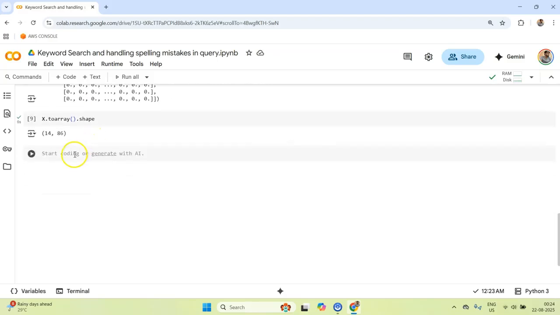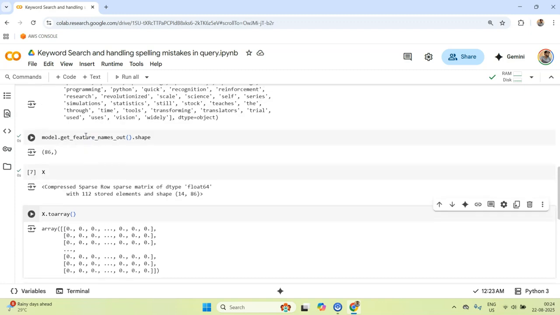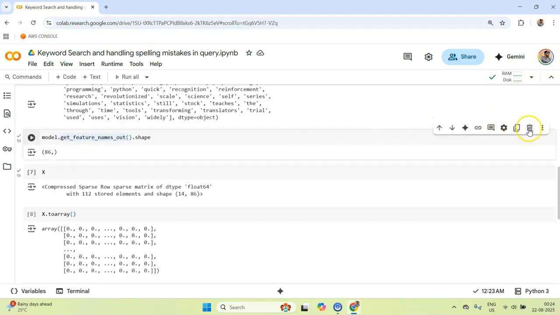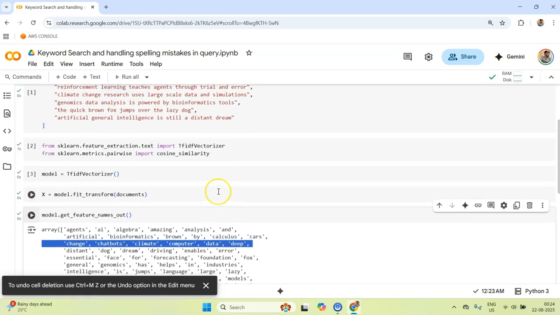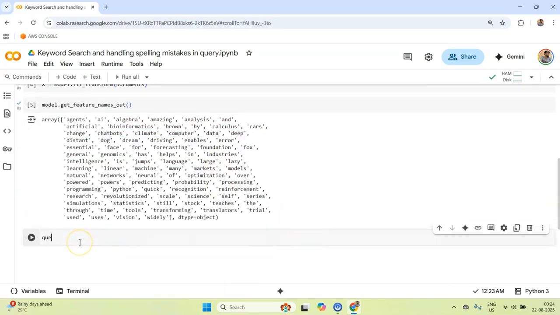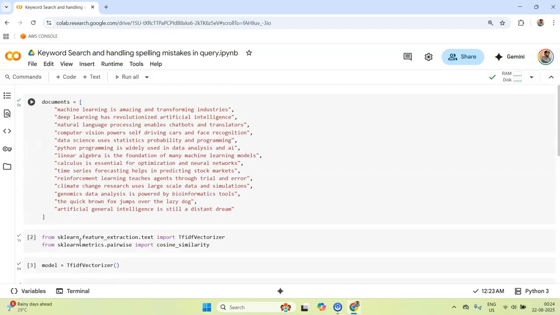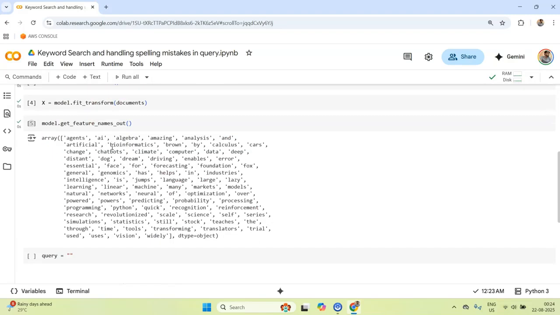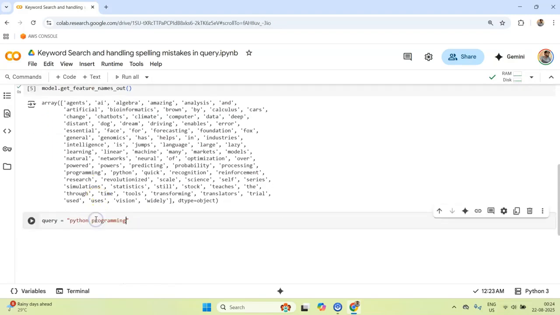Okay, now let's do one thing. Let's first of all delete these cells where we have printed this stuff. Now I want to set up my keyword search query. Let's search a query, maybe one query for Python programming. So I want to see how many articles are related to Python programming, and then later we will search other queries as well. So the first thing is we need to